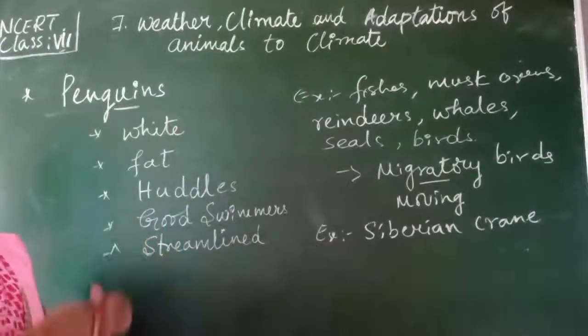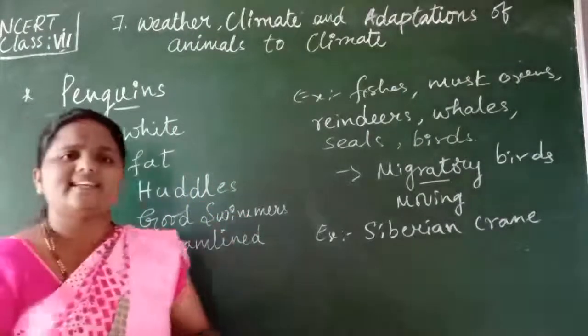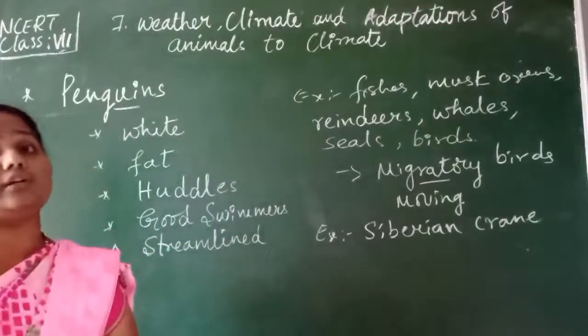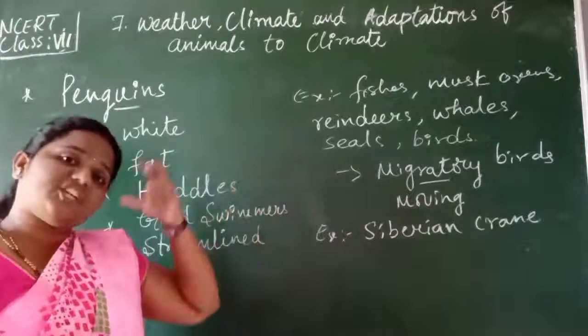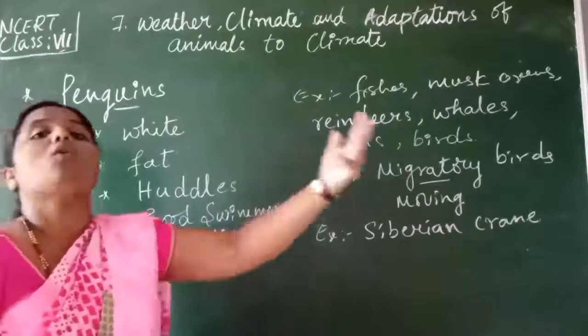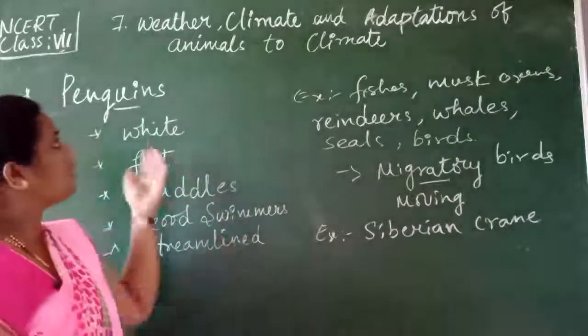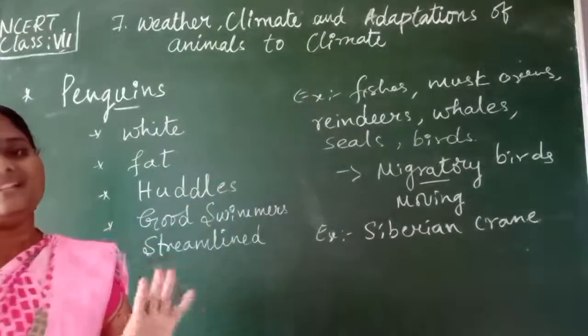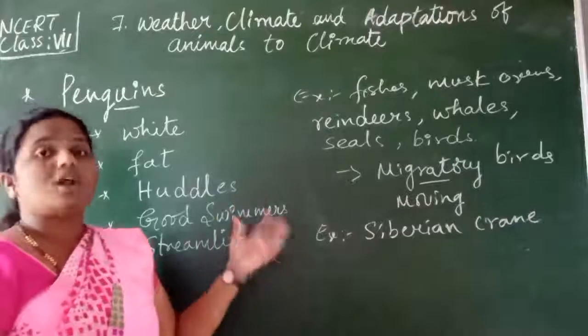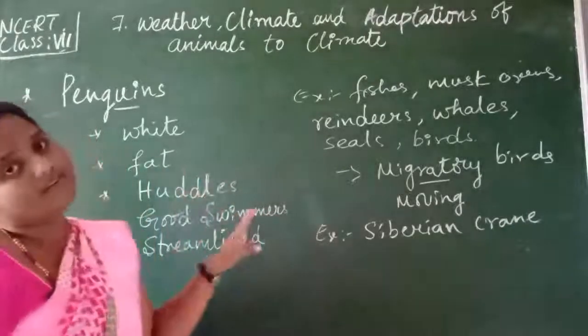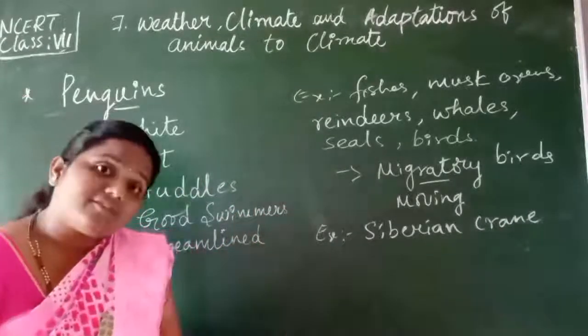Fur will be present, fats will be present, isn't it? And even they can swim in water also. All such modifications, means adaptations, means changing their body structure according to the climate. We are discussing this topic, children. Got it, children? Are the topics clear? Polar region animals, especially polar bears and penguins, have modified their body